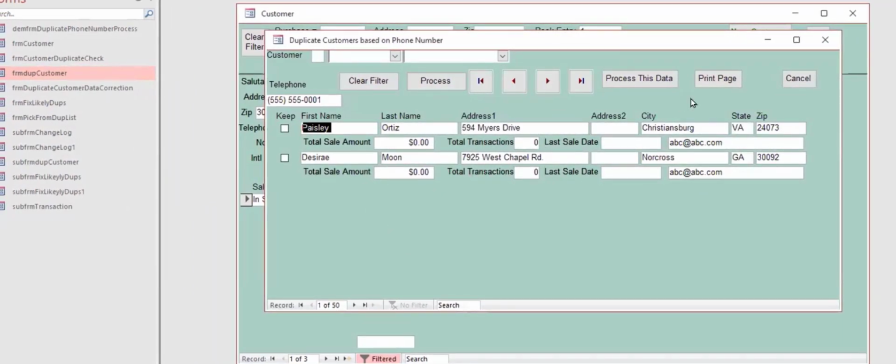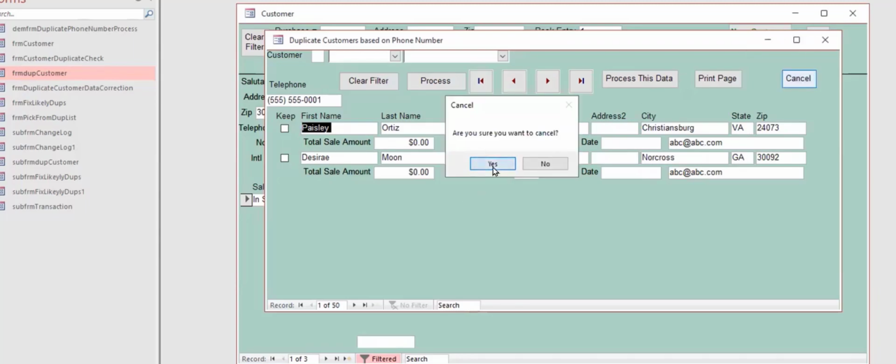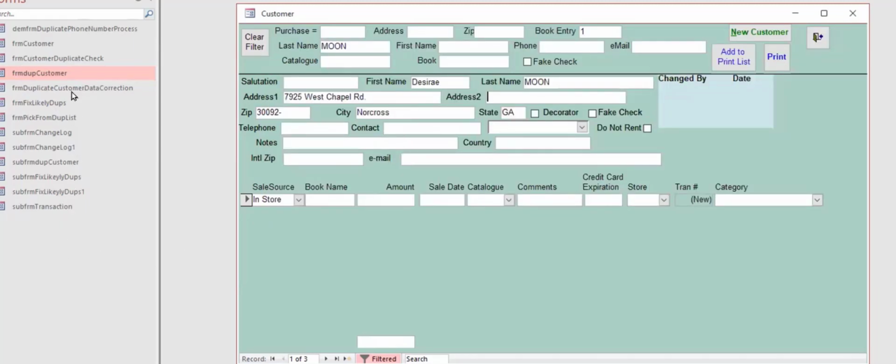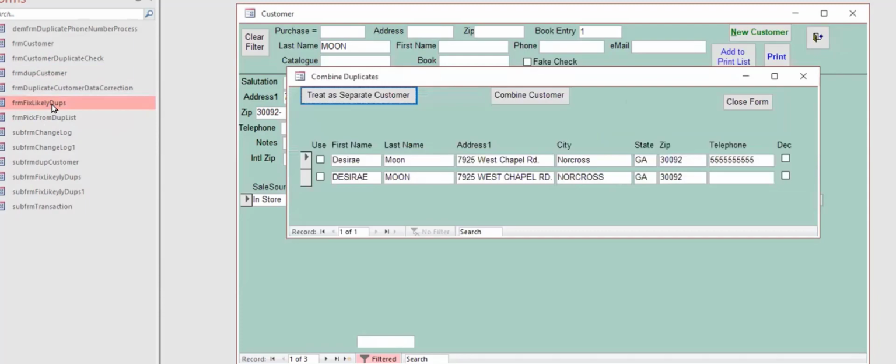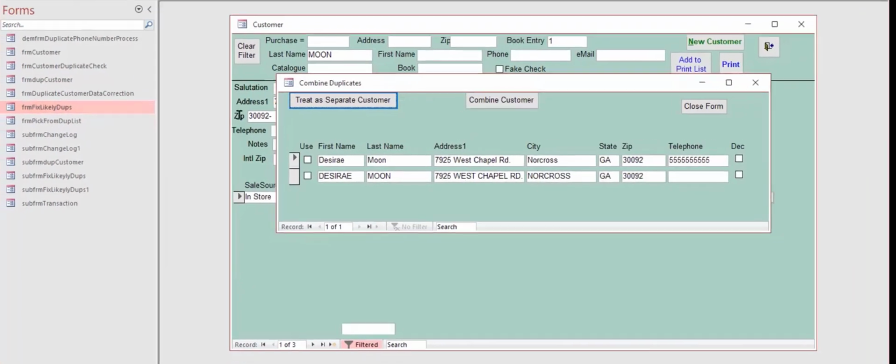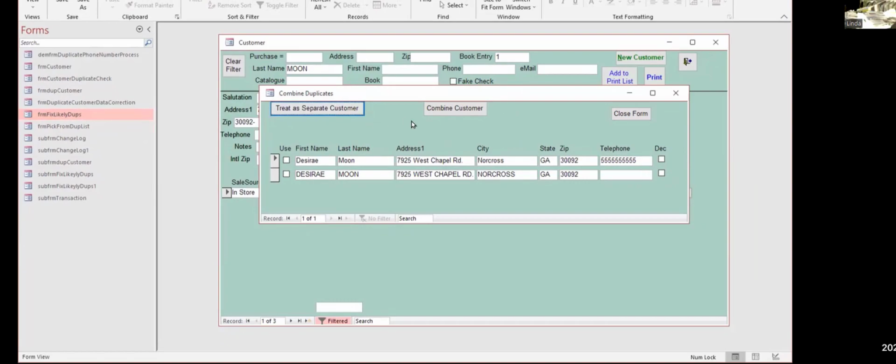Okay, this one shows people who have the same phone number, which I had to make up. And then they can decide whether they want to process them together. You can treat it as a separate customer, or you can combine them. And you can decide which one to use. I honestly don't know if this will work, but